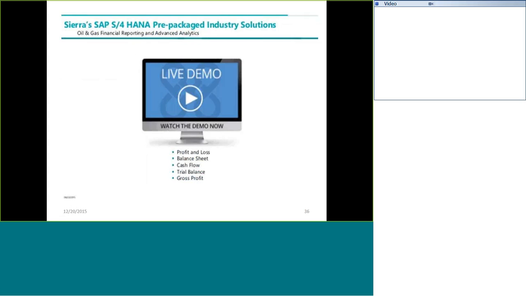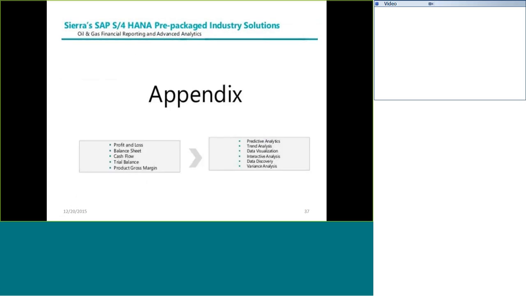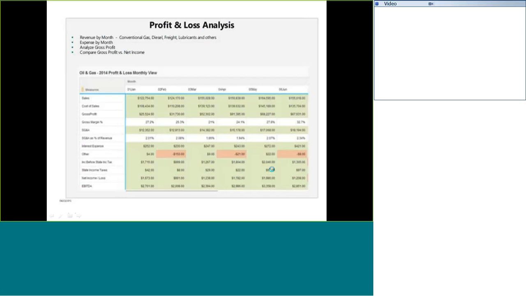Generally we generate profit and loss account, balance sheet, cash flow, trial balance and gross profit. But here, from the HANA point of view, we generate profit and loss account, balance sheet, cash flow, trial balance, and gross margin. Along with this, we generate predictive analysis, trend analysis, data visualization, interactive analysis, data discovery, and variance analysis.